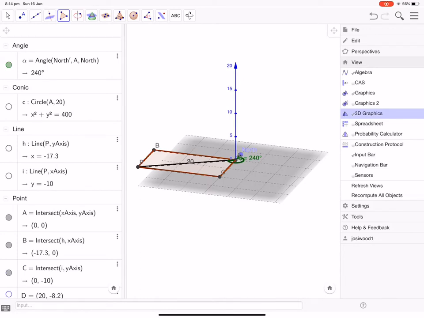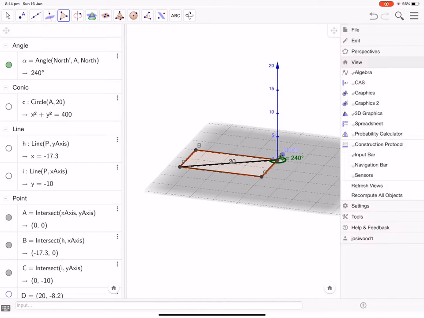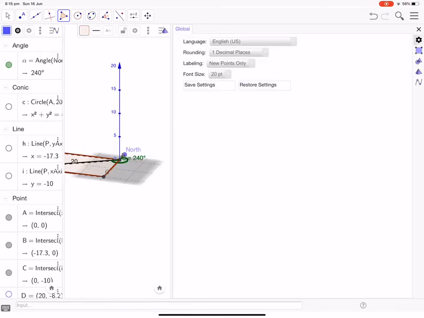And fortunately, mine's come up quite nice because I've already played with this before, but when yours first appears, you may not have a vertical axis showing, you may not have a grid there, you may have X and Y axes shown. So I'll show you how to change those views. Still over on this right-hand toolbar, if you go down to Settings,